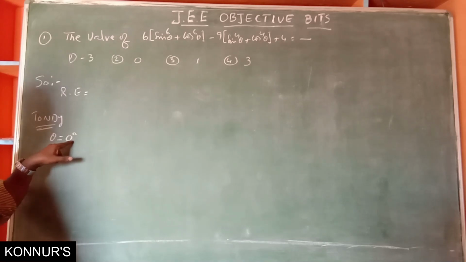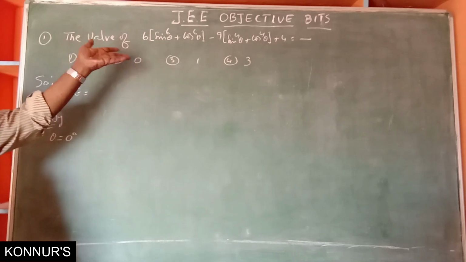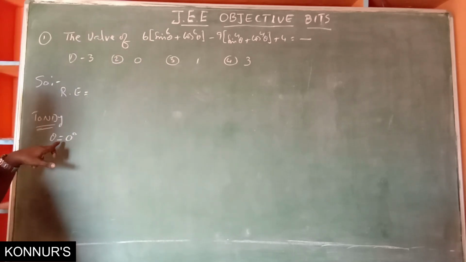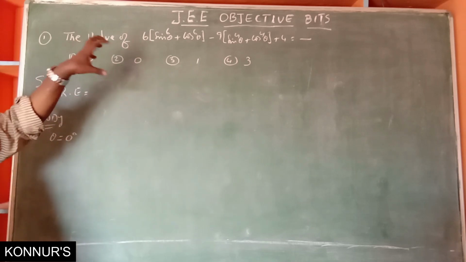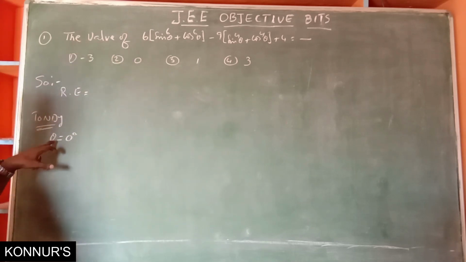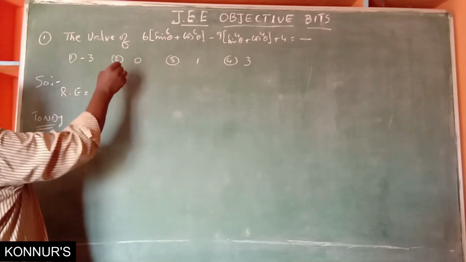You may get some doubt: what is the necessity to take only 0? We may take 90 degrees or 45 degrees or 30 degrees, 60 degrees, whatever; you may take 1000 degrees, but it is more difficult than the traditional method. To make it easy, with fewer steps, we use theta is equal to 0 degrees. Then the required expression is